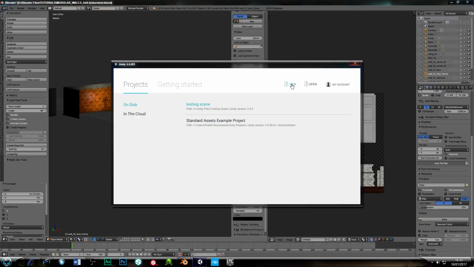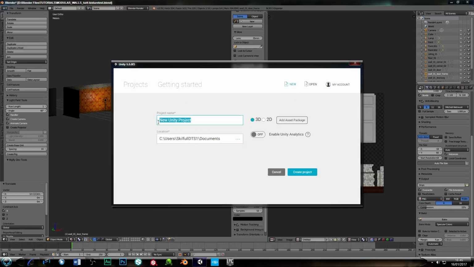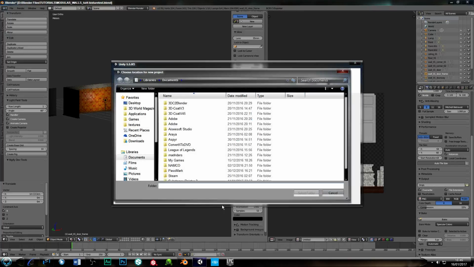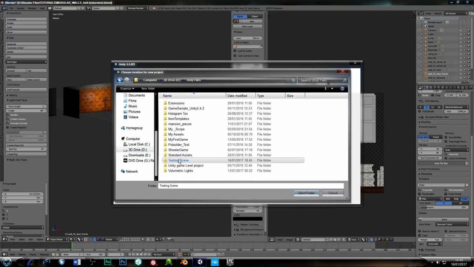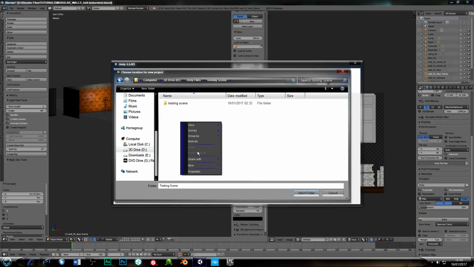Let's do a new project, and we shall call this Modular Testing. I think that'll do. Let's select our file where it's going. My 3D drive, Unity files. I shall put it in testing scene. Just create a new folder. Call this modular tutorial,